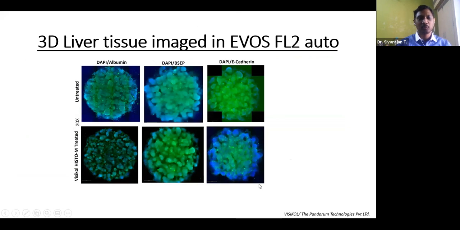And one of the limitations, which even the previous speaker was talking about, is imaging the 3D tissues. 2D tissues are very thin. It's very easy for confocal imaging to do, but when you come to 3D, the thickness itself will not allow